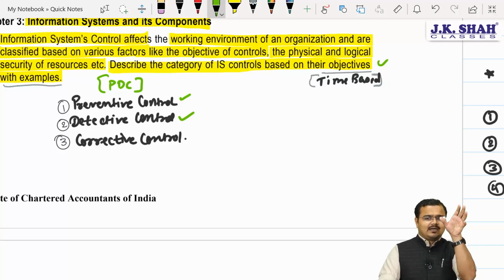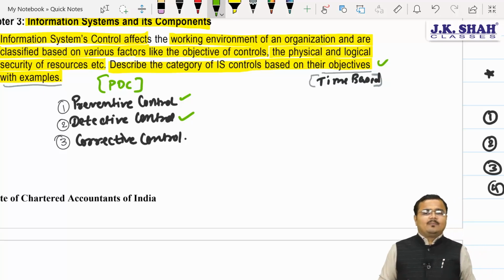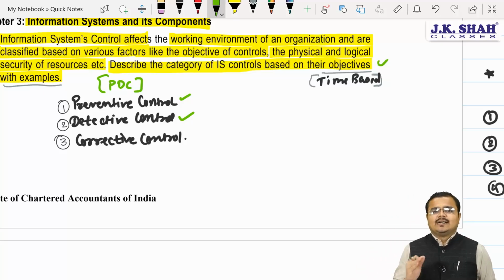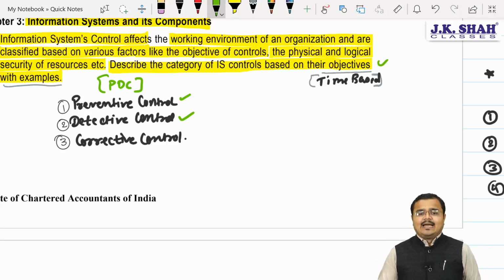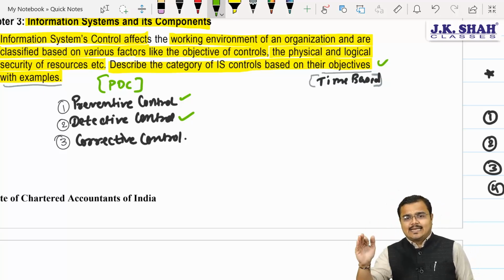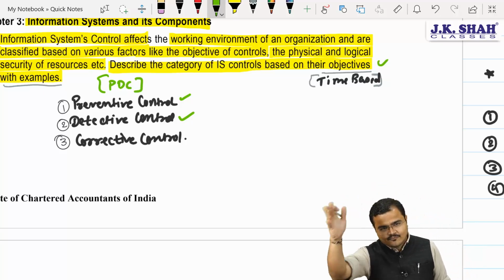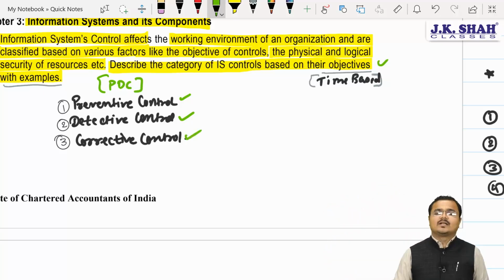So with the help of implementing the detective control, we try to identify two things. First of all, what type of risk it was and what type of failure from our side there was in order to prevent such a risk. Now obviously everybody learns from mistakes. So we come to know with the detective control where we were lacking, and make those areas very comfortable so that next time the reoccurrence of the same type of event can be prevented, for which the control which we apply is called corrective.